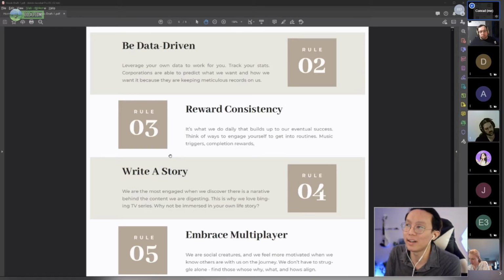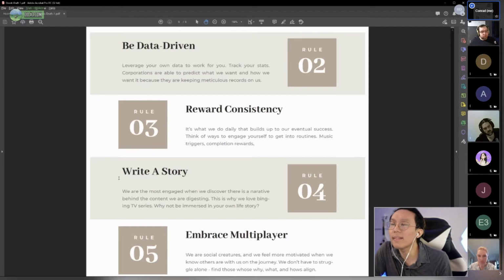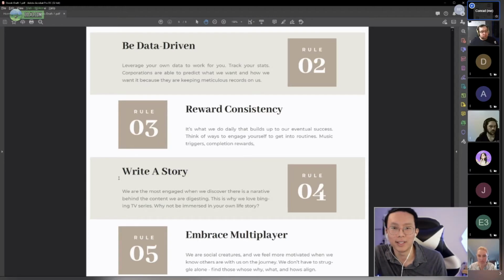How can we get ourselves to do daily consistent actions and be satisfied in those daily actions and not think of them as chores or monotonous routines that we hate to do, but rather things that we like to do and we enjoy doing? And the example I always give here, because it's such a powerful example for me, is whenever I play any games,